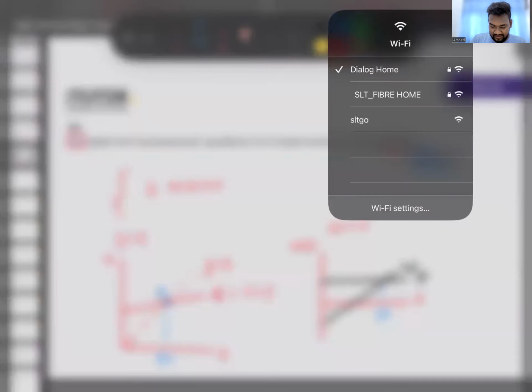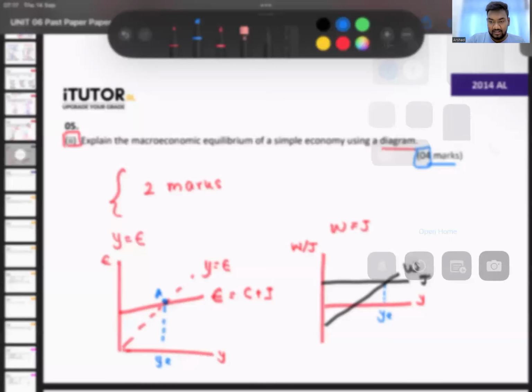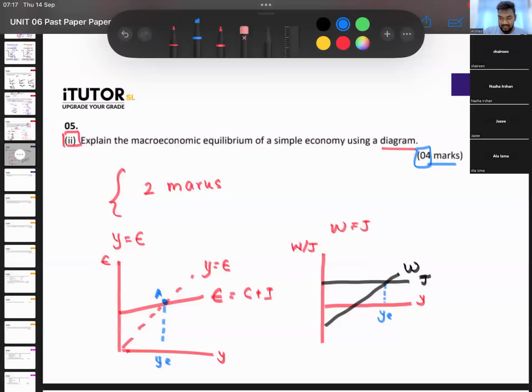Okay. Give me a second to switch my Wi-Fi. Okay, right. Then, guys, we'll get into